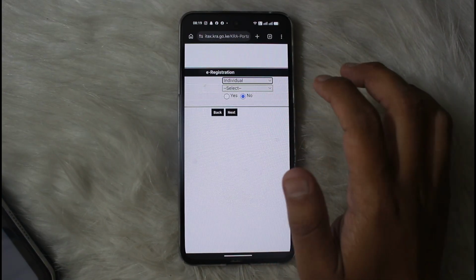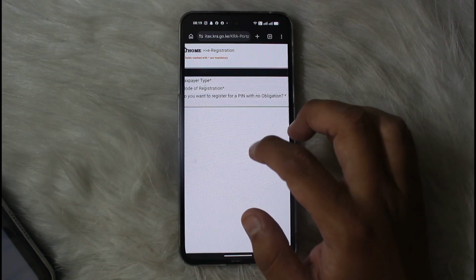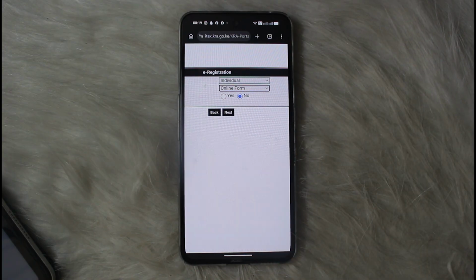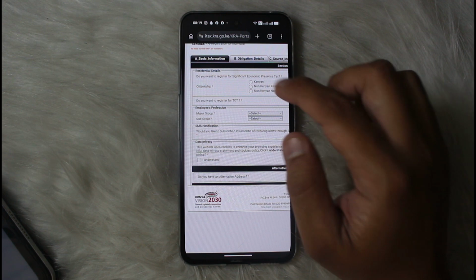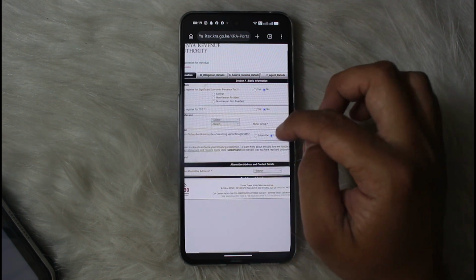In the mode of registration, you'll have to select online form, as that is the only option. And then, do you want to register a PIN with no obligation? You can select either yes or no according to your requirements. Hit next. And again. Here you'll have to select your citizenship type, your major group, your subgroup, under your profession,